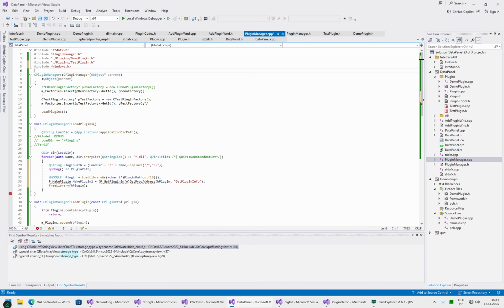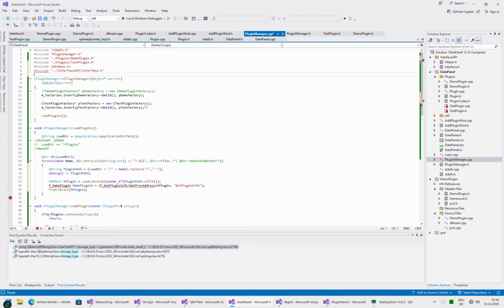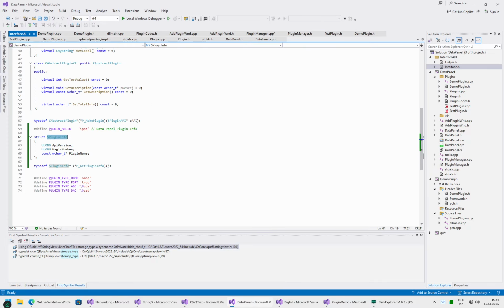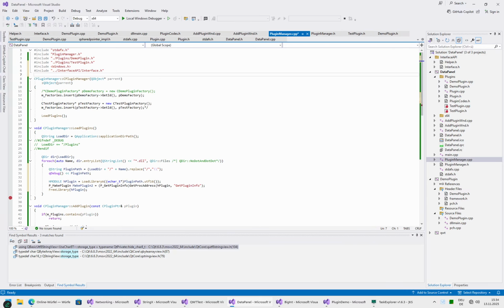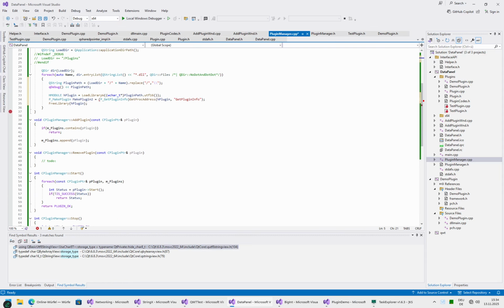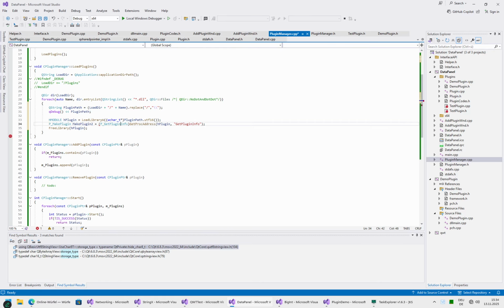We also need to include the header. What was the name? Yeah, interface API, interface or helper, the one that includes the other. Interface includes nothing. Helper includes interface. So let's go here with helper. Right here. So here we have our get plugin info, and of course the first check is did we get it,